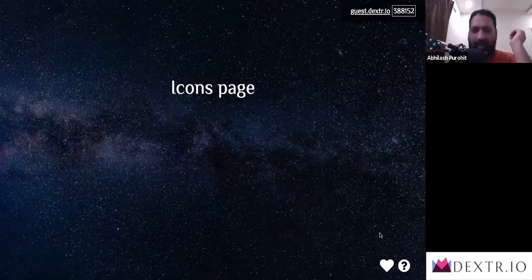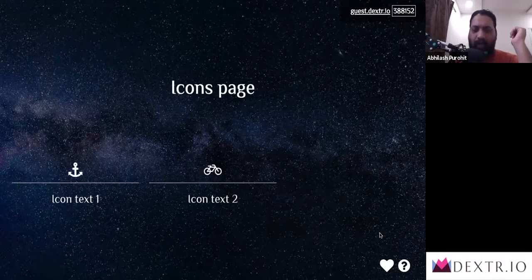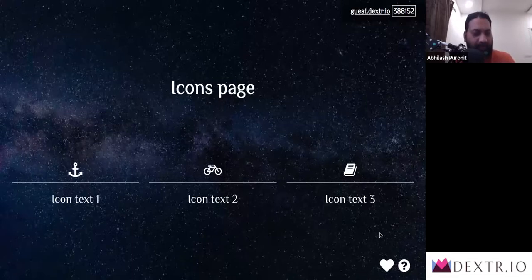If I hit on the right button now, another page comes up. Once again, it is the icons page. I click on the right, that appears. Click once more right, and one after the other, that appears. If I was to hit the heart icon again, if you observe in the bottom right corner, the heart has got a number 1 on top of it.